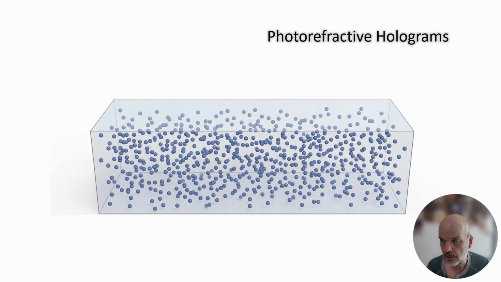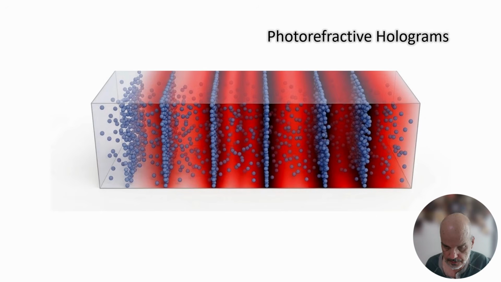But it doesn't naturally resolve the holographic control problem that I talked about earlier in this video. That problem is illustrated here. We look at a photorefractive material in this blue box, and the blue dots correspond to charged donor sites. When a field illuminates this system, in this case, we show a sinusoidally modulated intensity of the field.